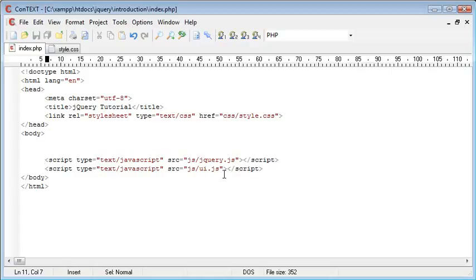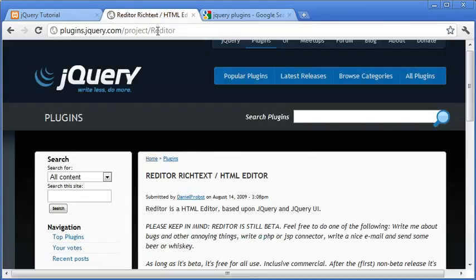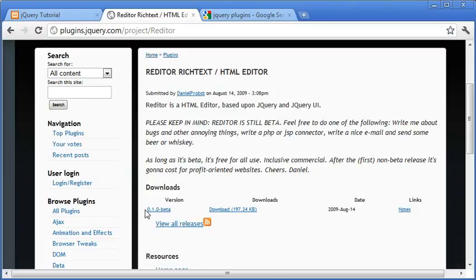And make sure you're comfortable with using this PHP processing as well. Obviously there are other web development languages that can be used. However, the majority of the time PHP is the most popular. Another thing to point out is that when you return to, say, jQuery.com, always take a look at the version